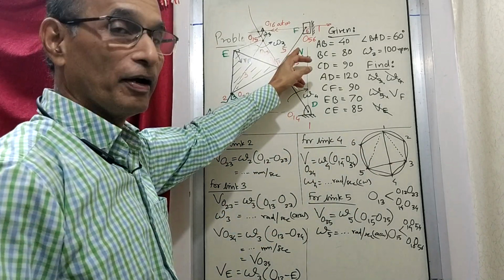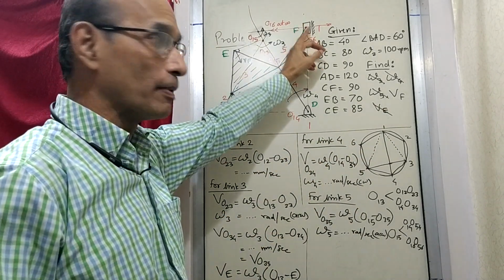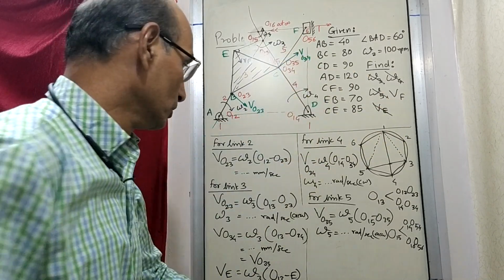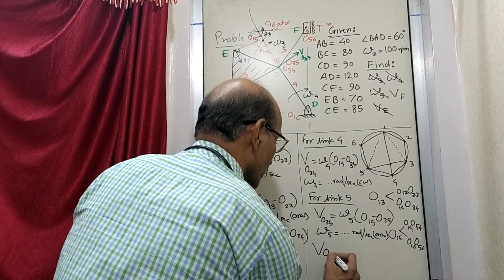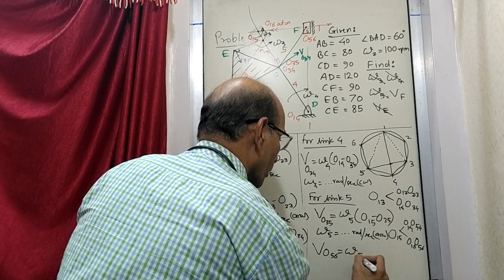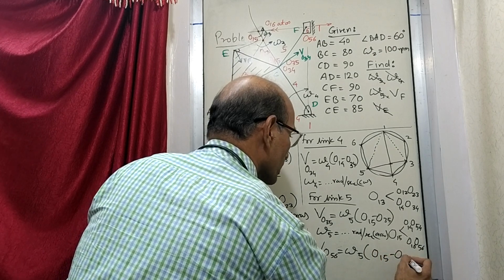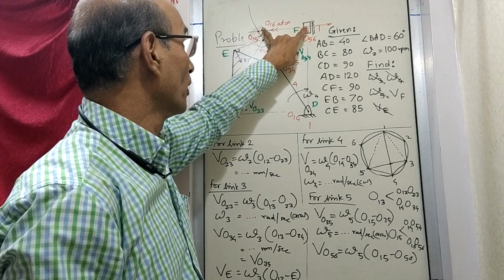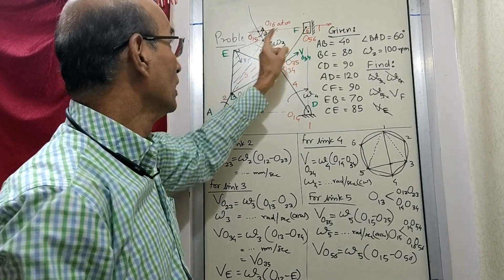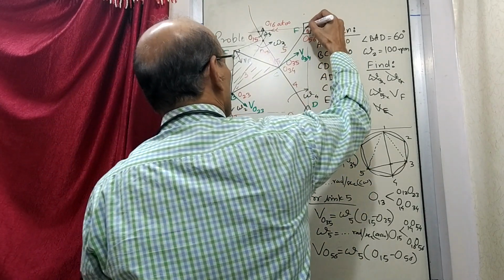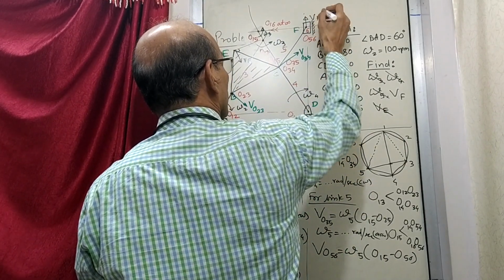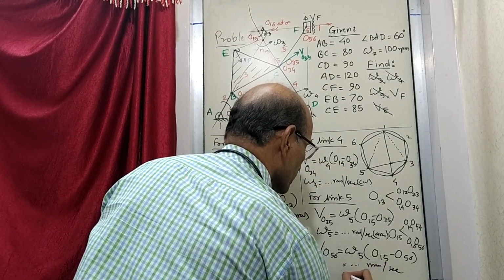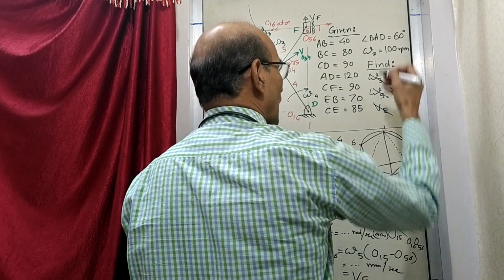Now any other point on link phi you can find out. Phi 6 is a point which is same as f. So this f, velocity of f means velocity of phi 6. Phi 6 is a point on phi. So we say velocity of O phi 6 is equal to omega phi, distance from 1 phi to phi 6. Omega phi is here, distance from 1 phi to phi 6. This distance, if you measure, that is r, and this omega, that will give you v. So v is in this direction, velocity of f. So this you can find out, millimeters per second, which is equal to velocity of f that was asked.